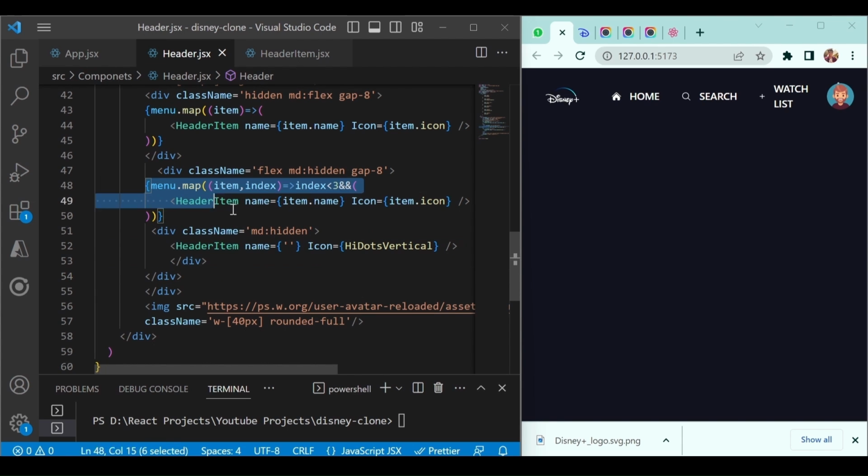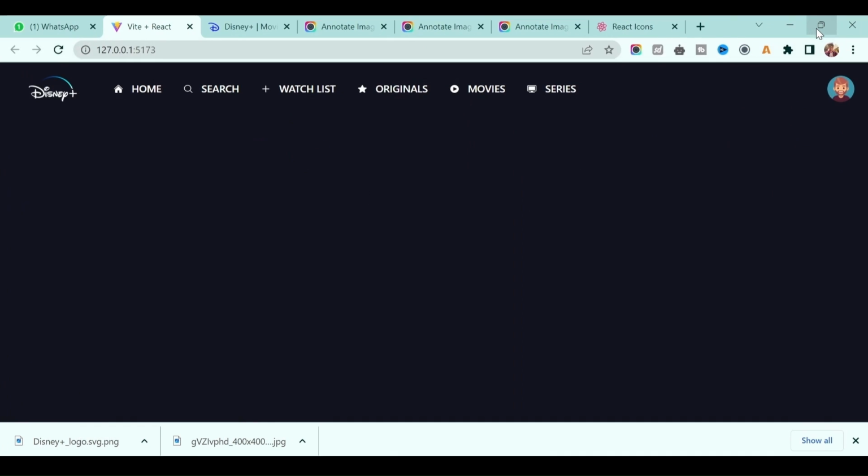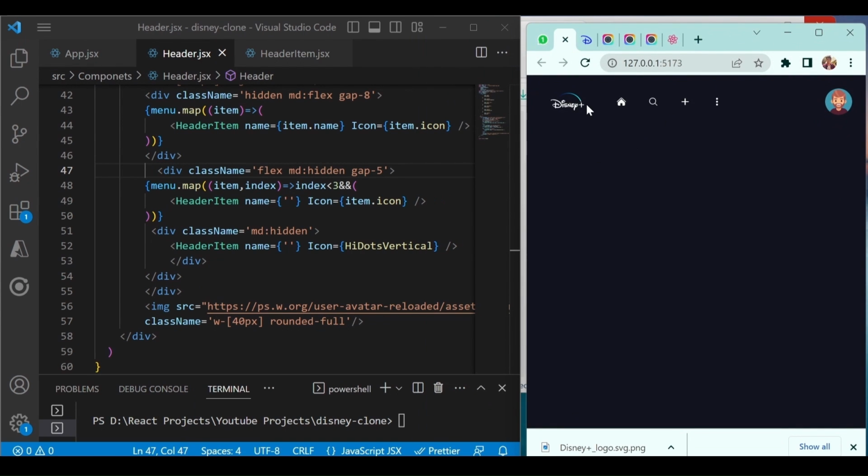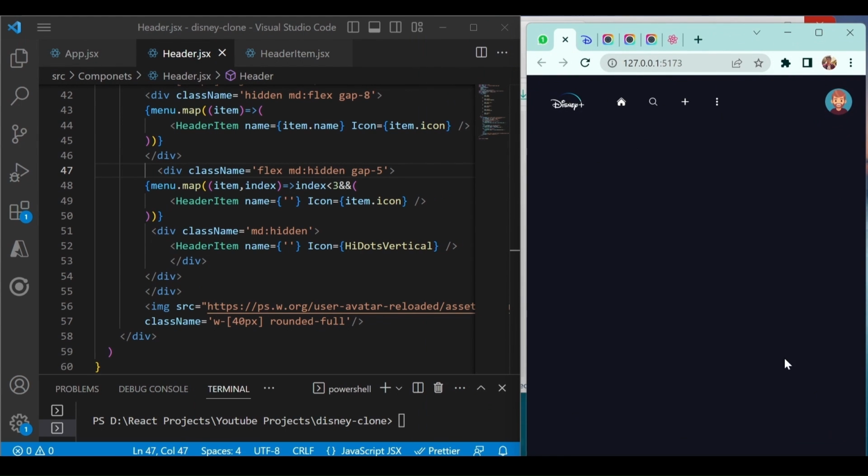So instead of this item name, I will pass the empty value, like this. And I will decrease the gap size to 5, okay. And if I increase the screen size, you will see like this. But if the screen size is smaller, you will see this screen like this, right? So this is working. The only thing is that we can pass the empty string, okay.